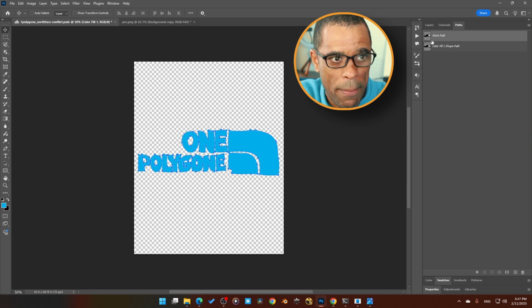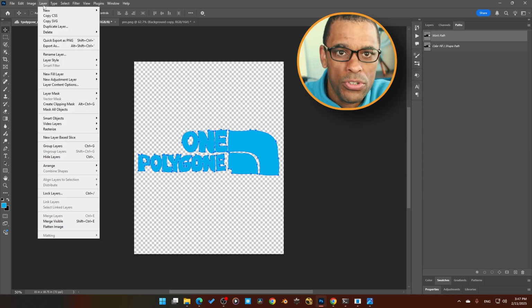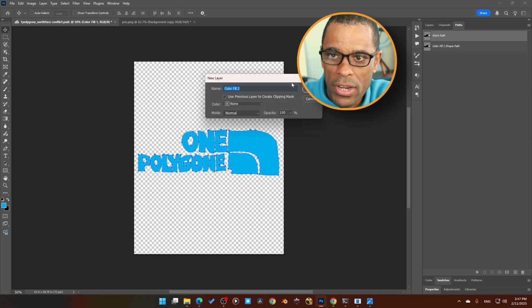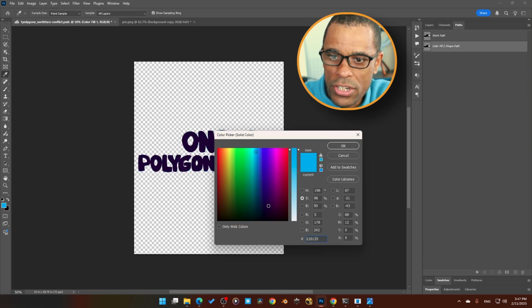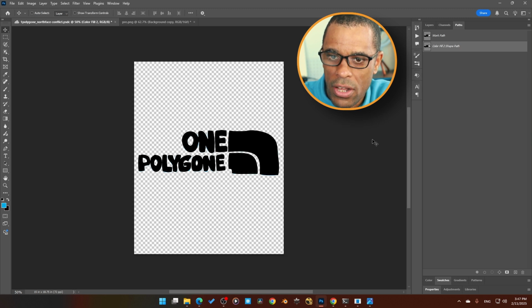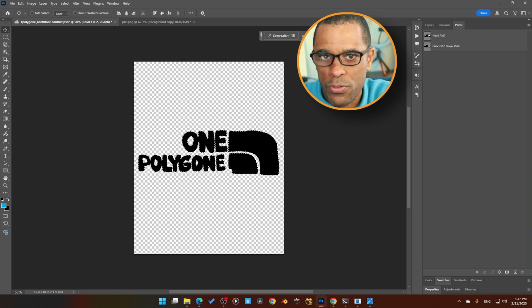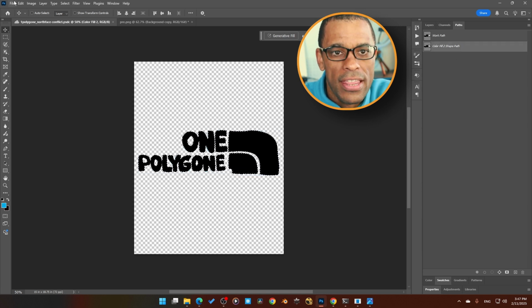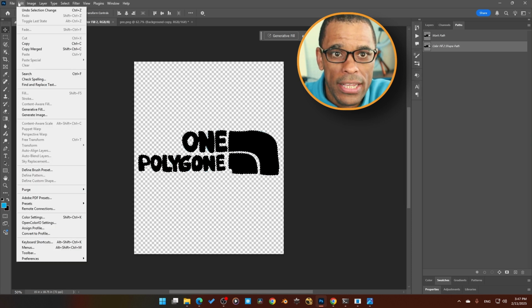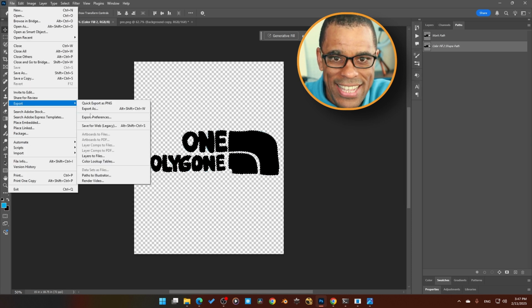Now you see we got the paths here. Again, I want to make sure I have those paths selected. So then when I go to Layer, and then come back over here to New Layer, Solid Color, click on this, and then go ahead and choose your color. It's going to make it solid like this. And now that it's all solid like this, I don't need to re-click on it, but I just do for some reason. Once I've got this color fill path, then from there, I can go ahead and export that out as an